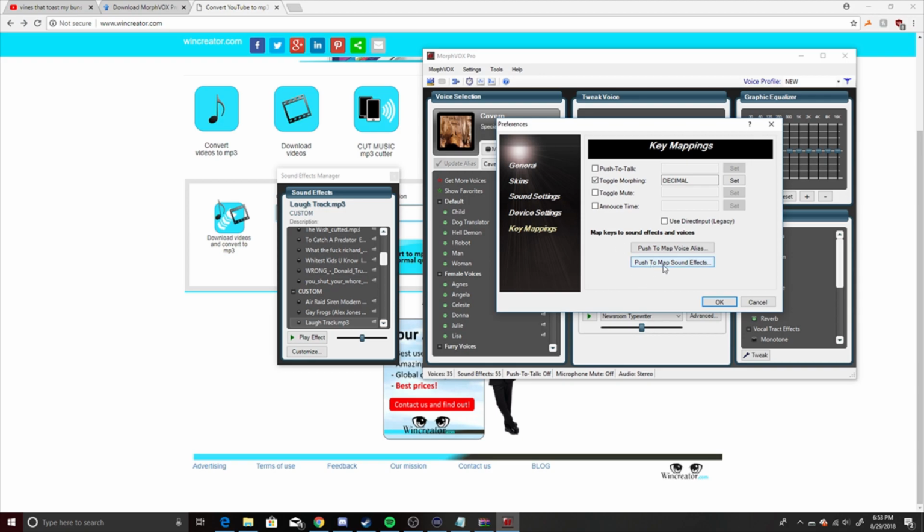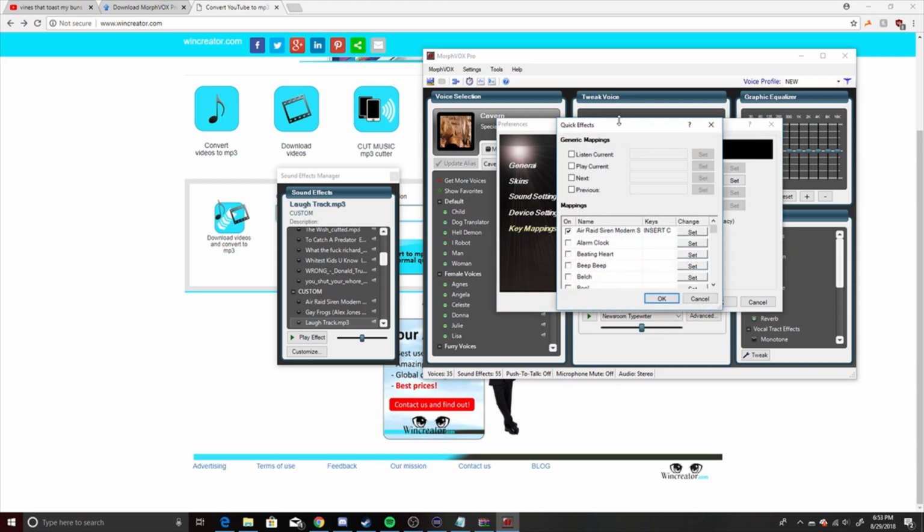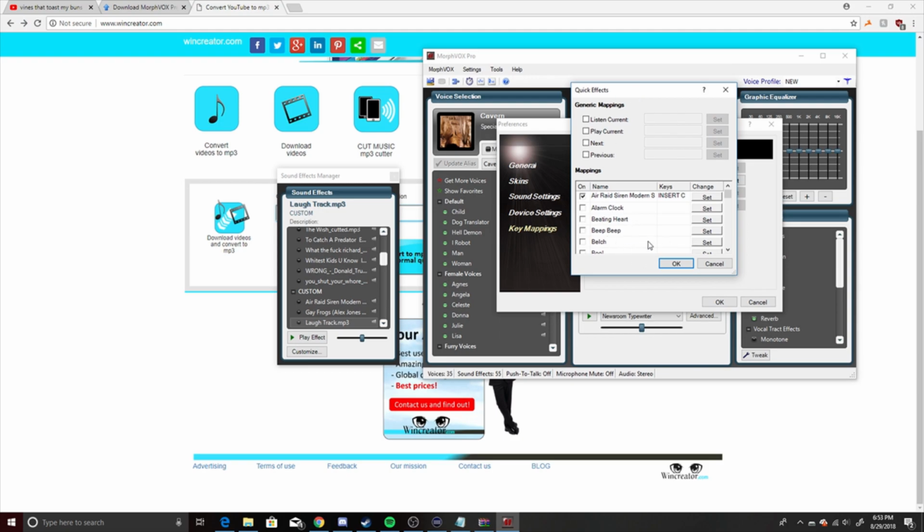So you go over here, push to map sound effects, and you can then choose a sound that you like, check it so that it's turned on, and then set your key. So I'm just going to set Monster Grunt really quick. Actually, you know what? I'll set one that I already have. Here's a clip from Ruby. Maybe actually I can't play it right now because I have the preferences open, but I'll play it in a minute. So if we want to use it, we just have to click this check mark here, turn it on,